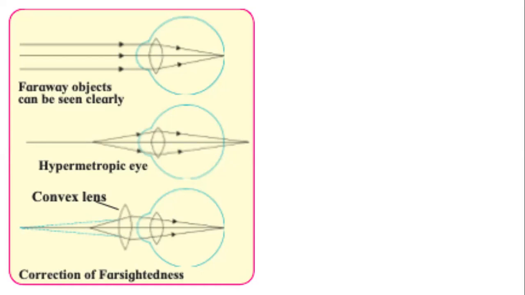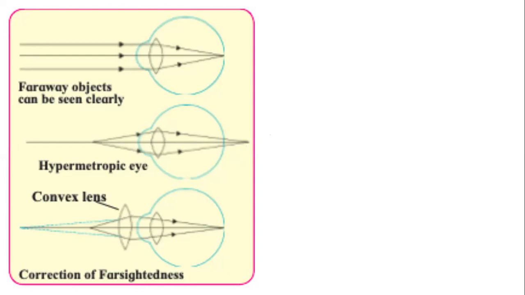देखो कैसे उल्टा प्रॉब्लम है. In the case of myopia or the nearsightedness, the image was forming in front of retina. Now the image is forming behind the retina. We want the image to form on the retina. माने ये जो point है हमारा, where the rays of light are converging, we need to bring it here, nearer लाना है. That means we have to converge the light even more. We have to increase the converging power. We need a converging lens, a convex lens.